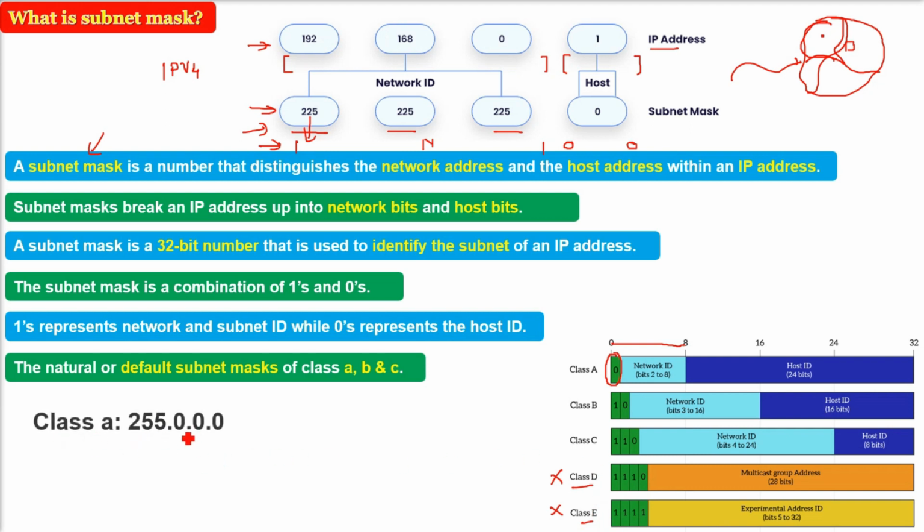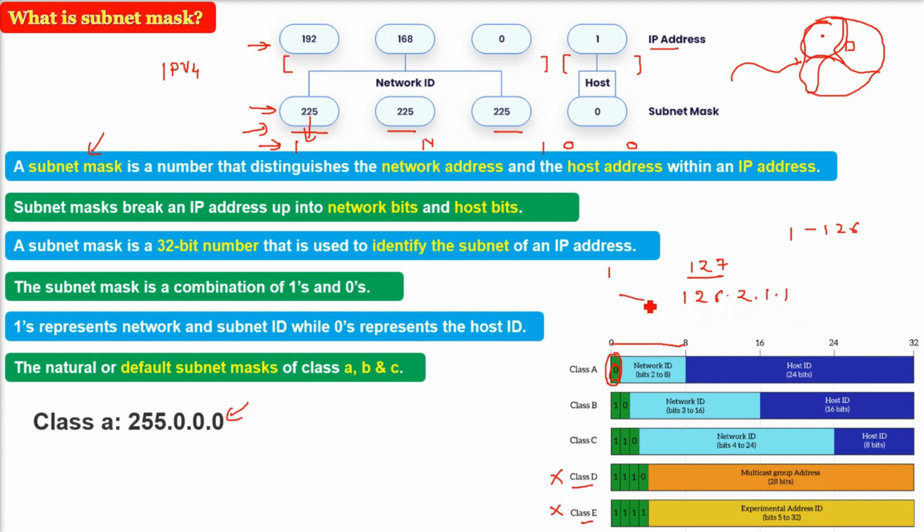So class A has 255.0.0.0, this is a class A subnet mask. The first octet signifies that the first octet is for the network, and the others are for the host ID. For example, class A is 1 to 127. 127 we don't use because it is loopback. So 1 to 126, that means this is the IP address of class A, and there is a proper subnet mask which is